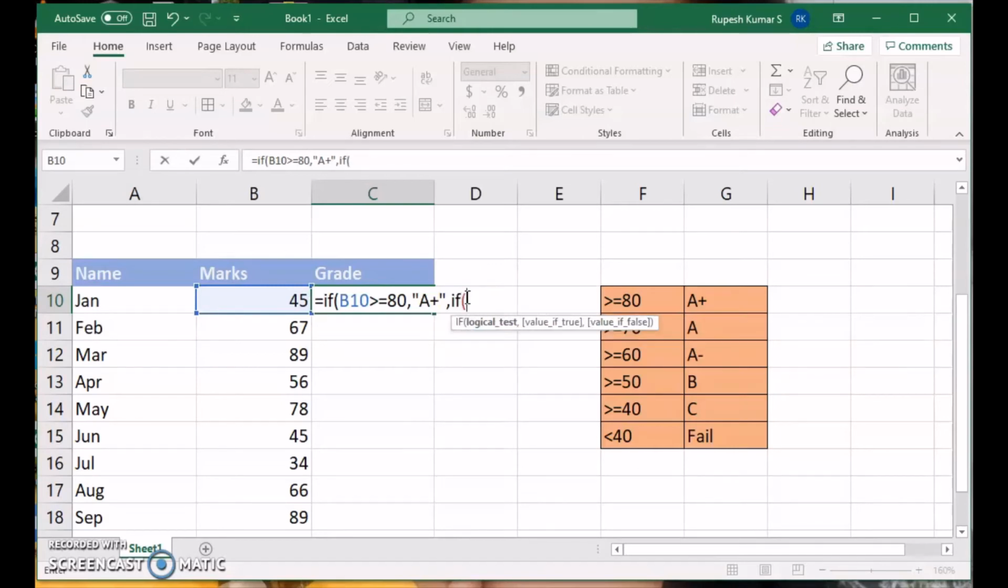So IF, again B10, I'm checking the next condition now, greater than or equal to, what is my next condition? 70, comma, then what is the value? A, in double quotes, comma. So if it is not greater than or equal to 70, then whether it is in this next range or not. So again I'm writing IF B10 greater than or equal to 60, then what is the grade we have decided? A minus, in double quotes, comma. Again, IF